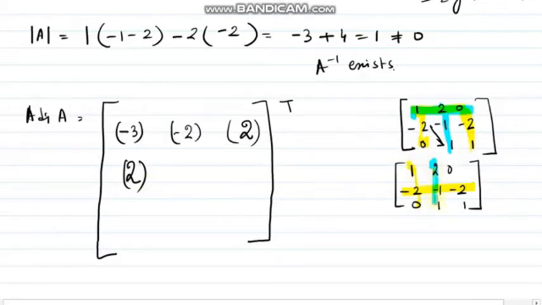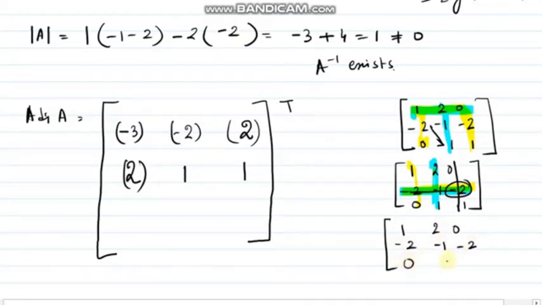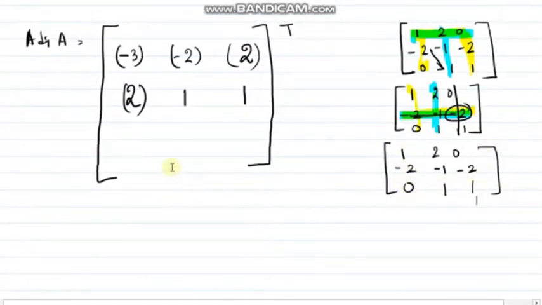So for minus 1, it will be 1 into 1. The remaining part will be this. The last one for this minus 2, I'm going to omit this, I'm going to omit this. So it will be 1 into 1, which will be only 1. Again it looks clumsy, so I'm going to write it once again for your benefit. In an exam, whenever you feel okay, you can just use a pencil so that you don't have to write it so many times. The last one for this 0, I am going to omit this 2, so it will be minus 4 only, right? So it will become minus 4.